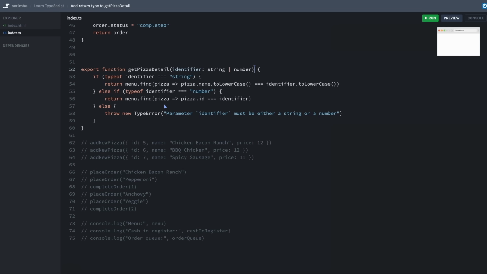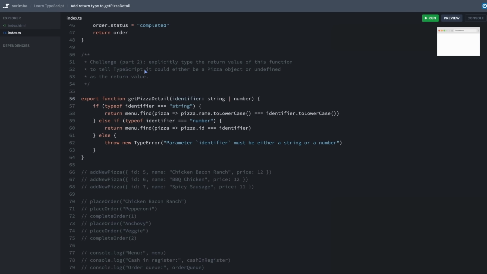This is where things can get a little bit hazy. You may want to rewrite your code a little bit differently to either throw an error if it wasn't able to find the pizza, or you can just expect that whatever code is calling getPizzaDetail will handle the instance where it gets an undefined value returned. But since this course isn't about how to architect this particular function, we'll go ahead and do another really simple